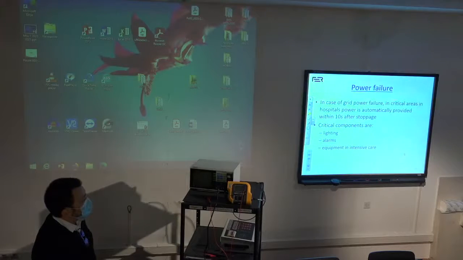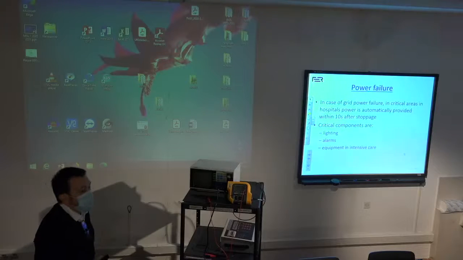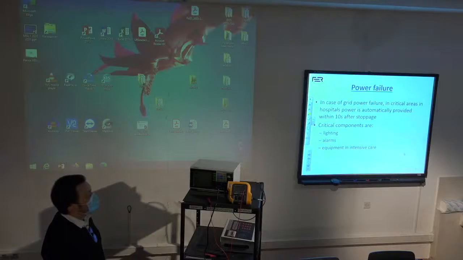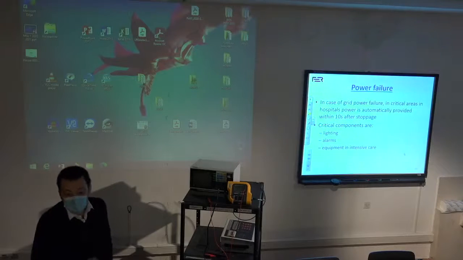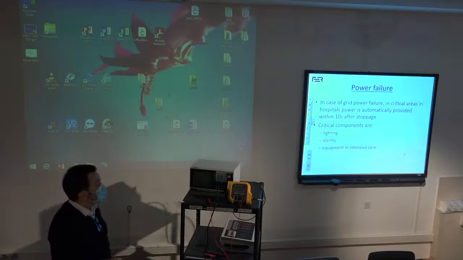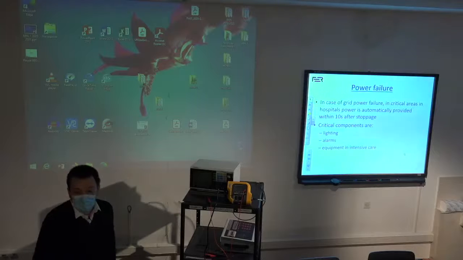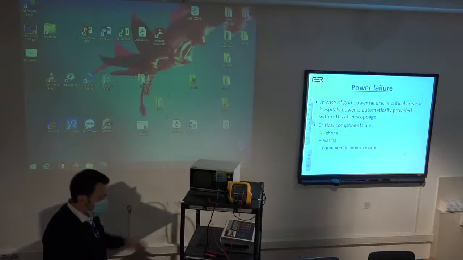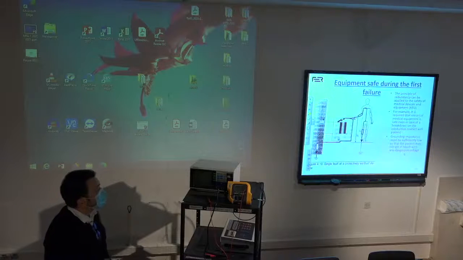When we speak about the other part of the dangers from the mains, it is the falling out of the power. So what has to be restored 10 seconds after the power failure is the lighting, the alarms, and the equipment in the intensive care. So that's something that the supply system in a hospital has